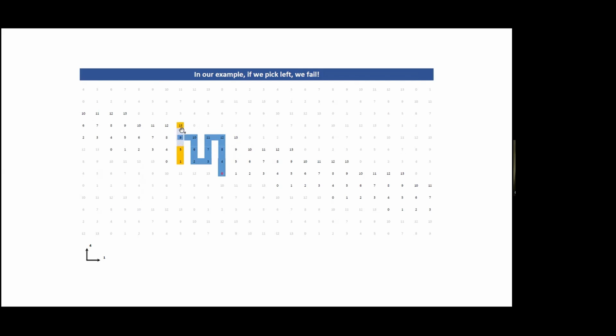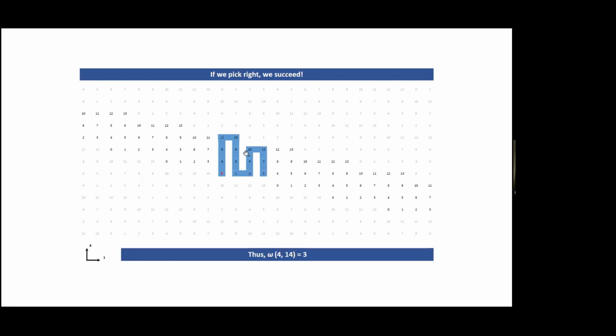I either turn right or up and I miss these guys, or I turn down and I miss this guy. So that won't be a Hamiltonian path. But if I do it in the other direction, I get a Hamiltonian path. And I do get a Hamiltonian path with only 3 one steps. So omega of 414 is 3, meaning if someone gives me an underlying set made out of step lengths of 1 and 4, and they say that they want its length to be 14, then I can achieve this with at most, or at least actually, at least 3